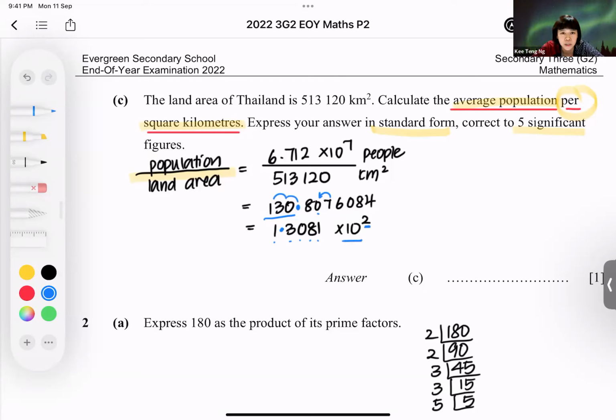Remember, my original value is a large number, bigger than 10 already, bigger than 1. So this power here must be a positive power, right? If my number is a decimal place smaller than 1, then this power times 10 to the power something will become a negative power. Have you gotten your answer? Next question,